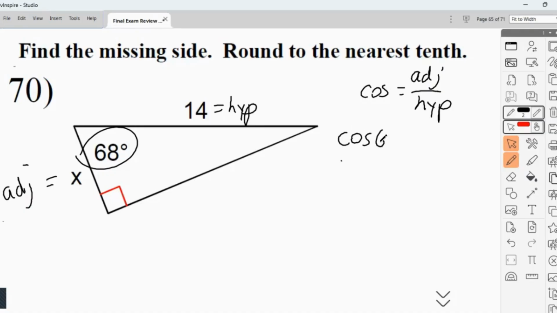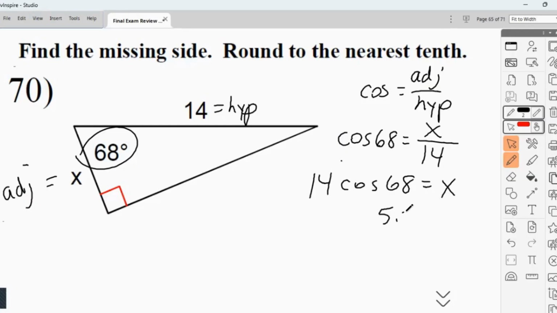Cosine of 68, and that's going to be equal to x here. The hypotenuse is 14. Math is not that bad here. 14 cosine 68, that's equal to x. So a little calculator action, that'll give us 5.2 is equal to x. Okay, any questions on that? Okay, now we could